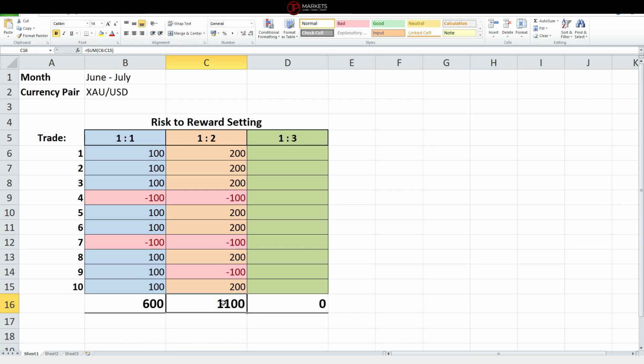So you can already see how this is impacting this guy's pocket. Even though the effort is the same, even though the skill is the same, and the time spent in the market is the same. Okay, so now that you're getting a hang of things, we're gonna go straight into the 1:3 ratio,